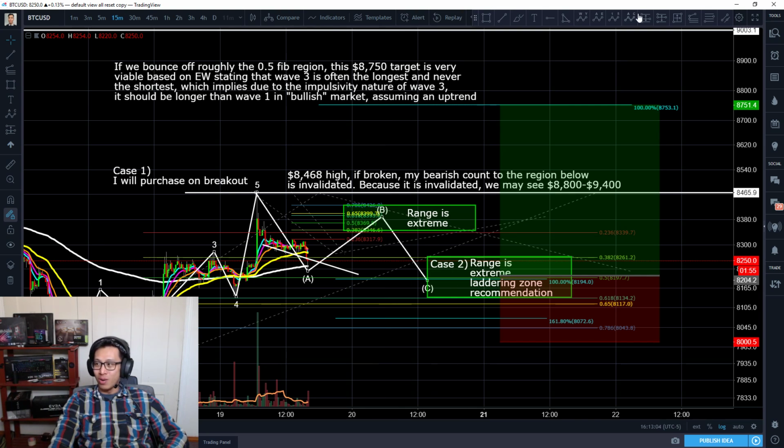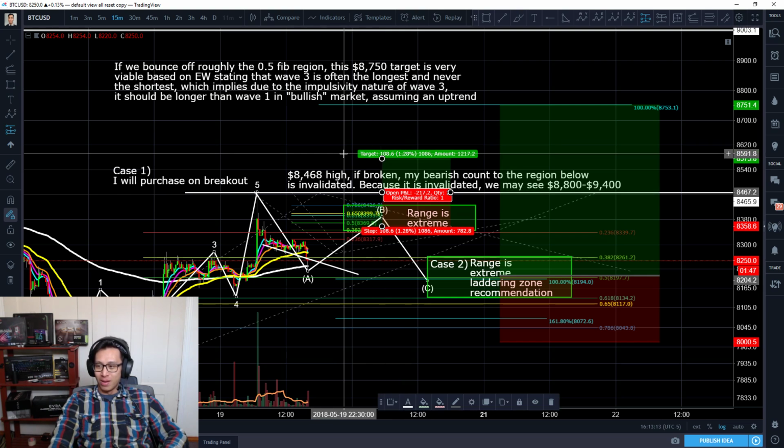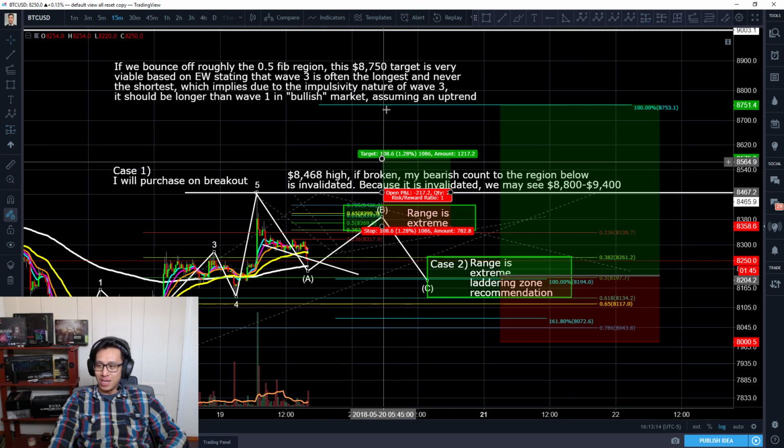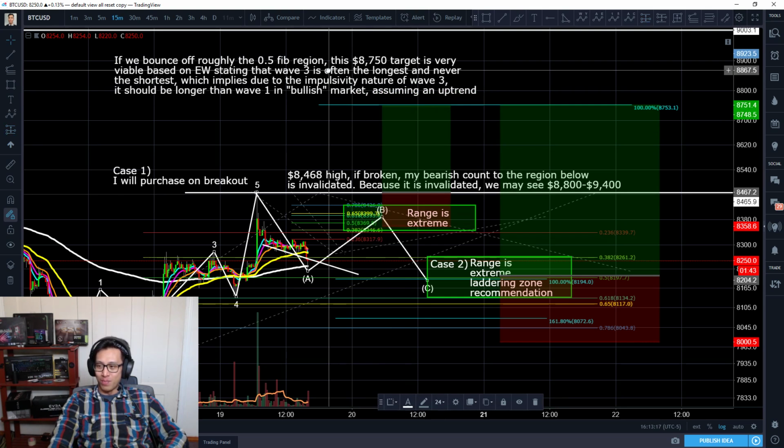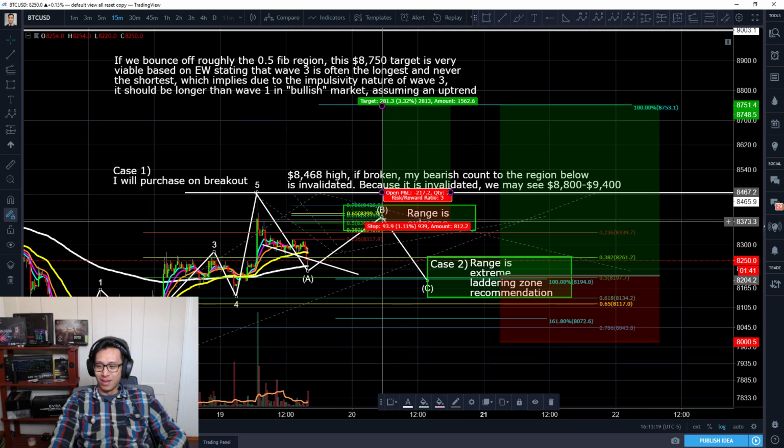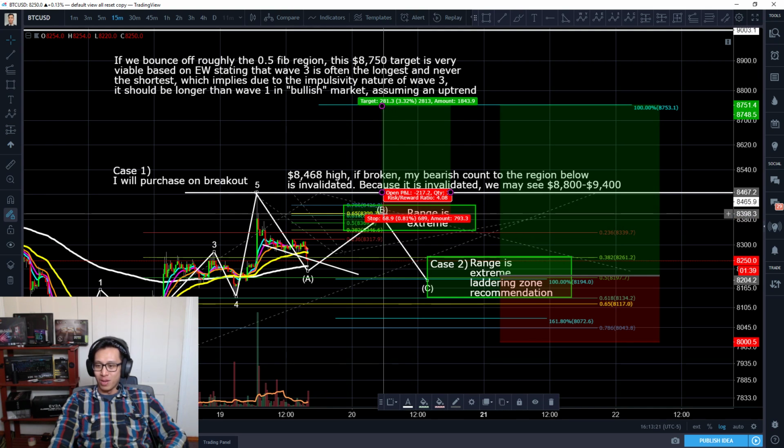So the next scenario for the case one is if you're laddering your buys, right? Or sorry, that was case two. So this case one, it was actually very nice as well, okay? So this is my case two right here. Aren't they both beautiful? Who could complain about it? My stop loss for this one will probably be about 8,400. Super tight stop loss, right?